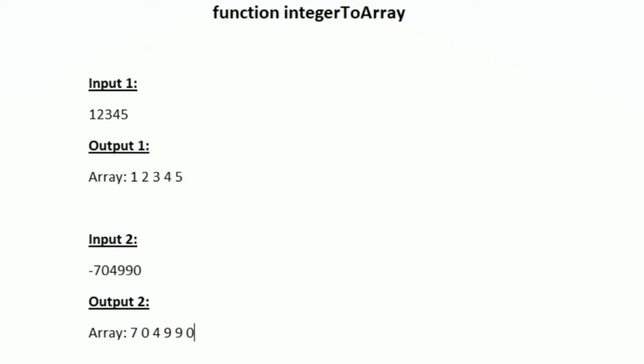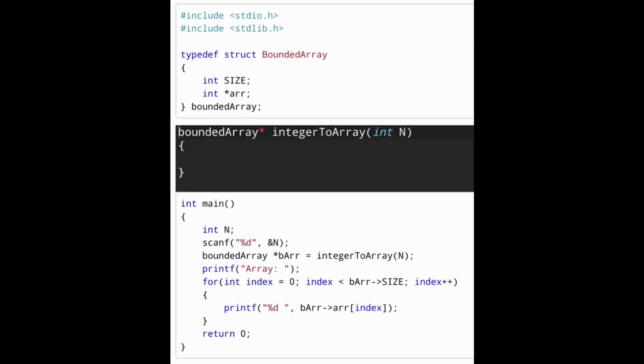Now let us see how to write a C program for this. This structure named bounded array has two members, an integer named size and an integer pointer named arr. After converting the integer n into an array, we store the length of the array into size, and the integer array into the pointer arr.